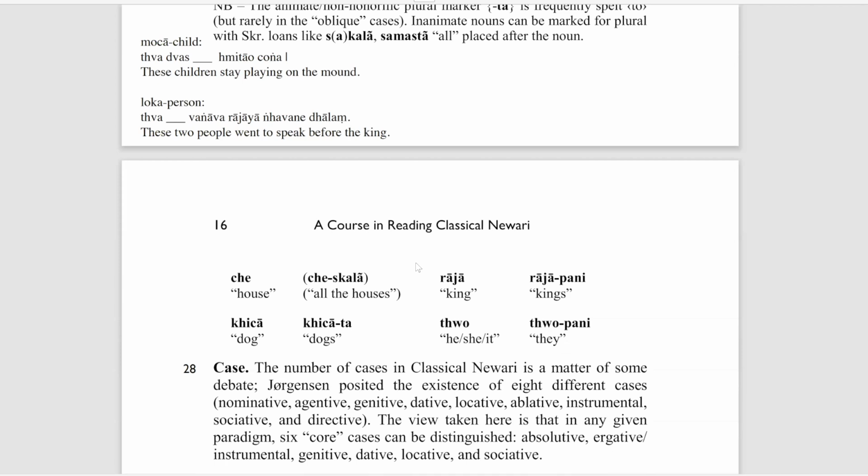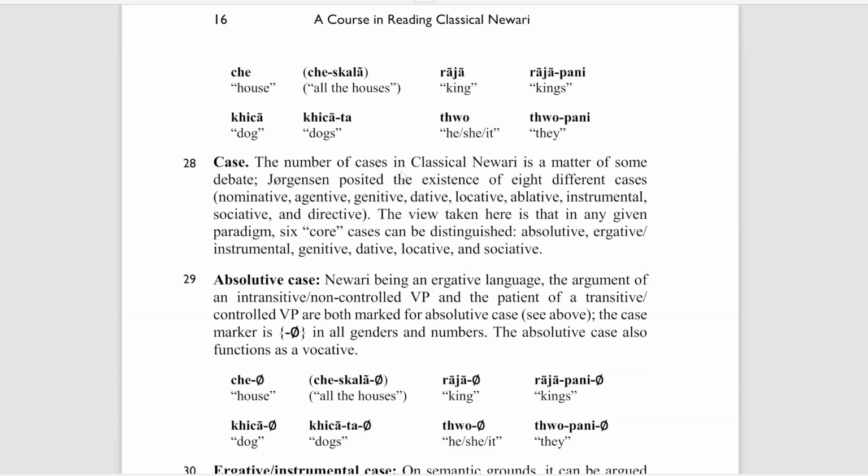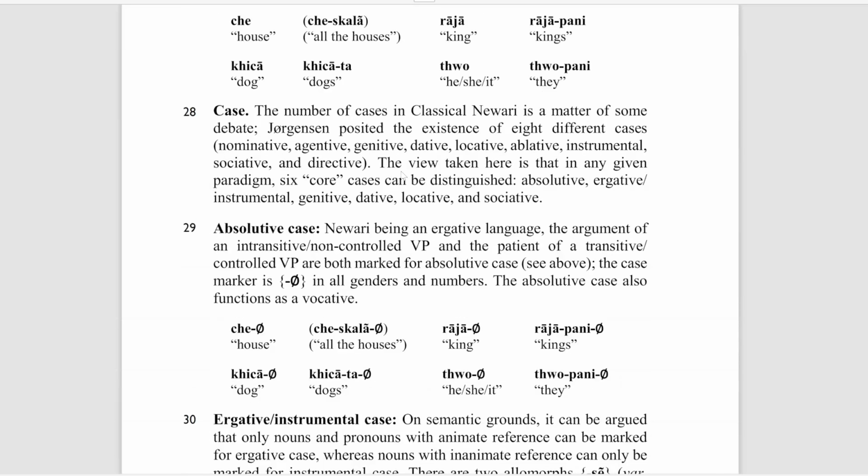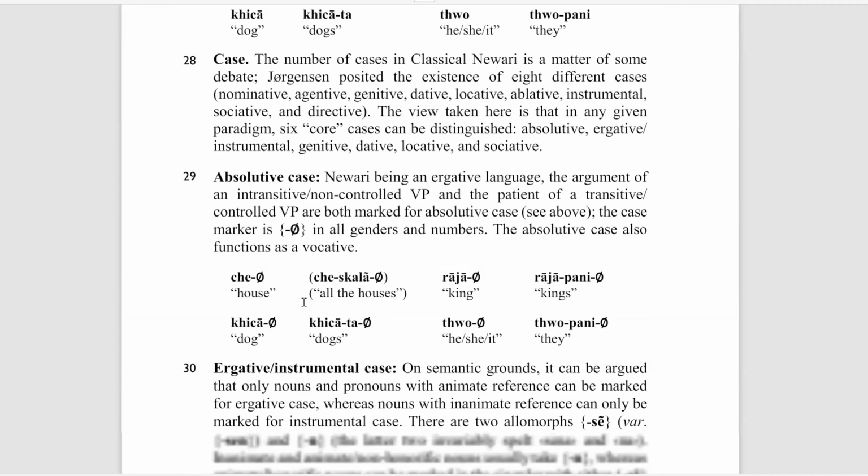Okay, so we can move to the case endings. The first one is the absolutive case. The absolutive case often works as the subject of the sentence, or sometimes the object of the verb. So it's just to add nothing to it. So che is just the house, and the che itself is the absolutive case. And also the plurals are the same. So che sagala is just the plural of che, and it's also the absolutive case, and nothing to it.